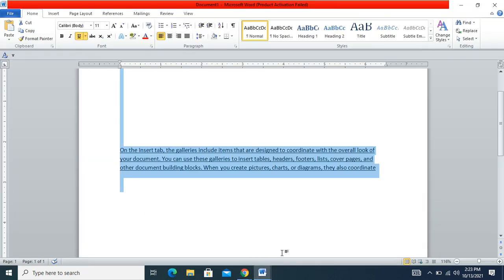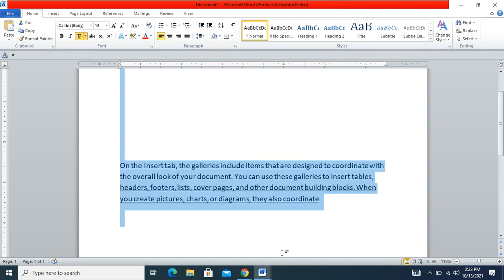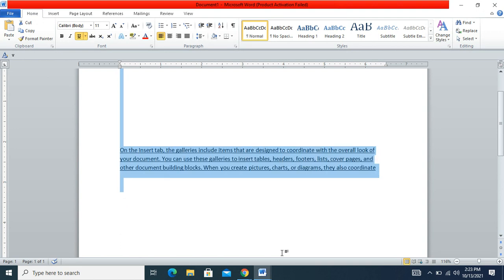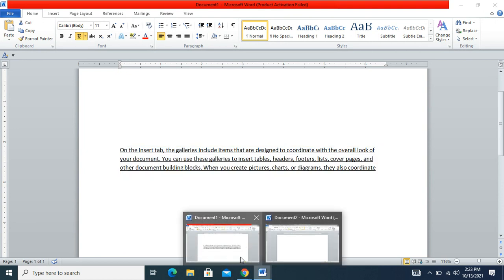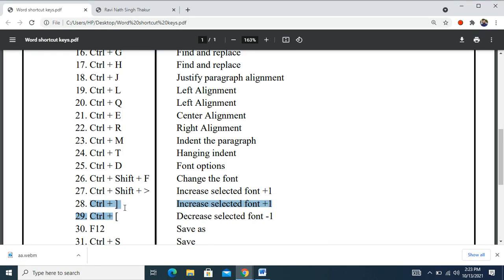After selecting the text, press Control plus Shift and the angular bracket to increase the size by 1 unit, and to decrease the size by 1 unit, we can use the less than symbol, that is the opening angular bracket, because here we use the closing angular bracket.